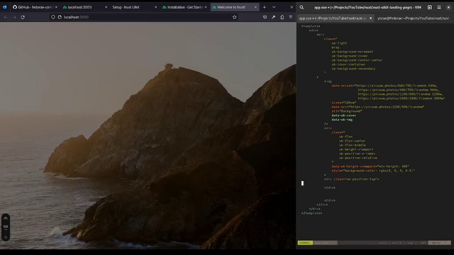And we want to put this also inside of a container, so I'm going to put this inside of a container. So class UK container, small, and in addition to that, we want to